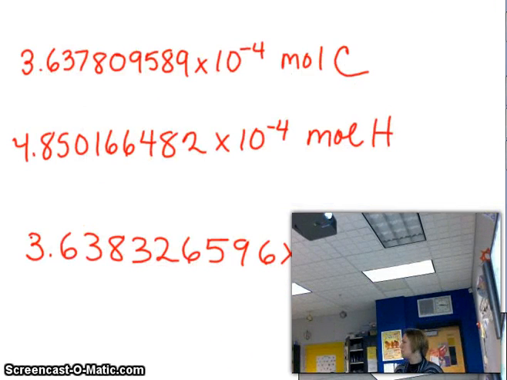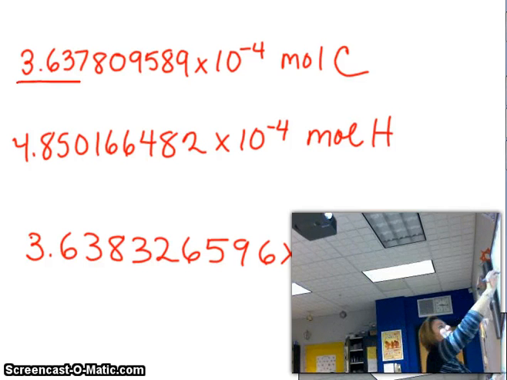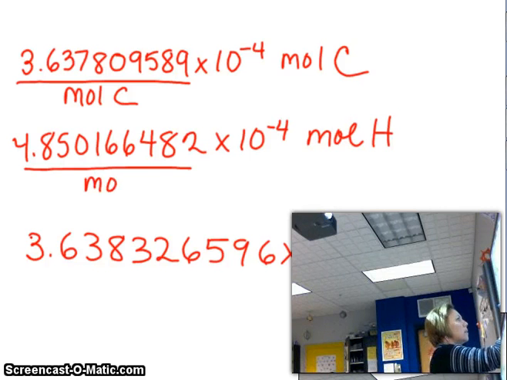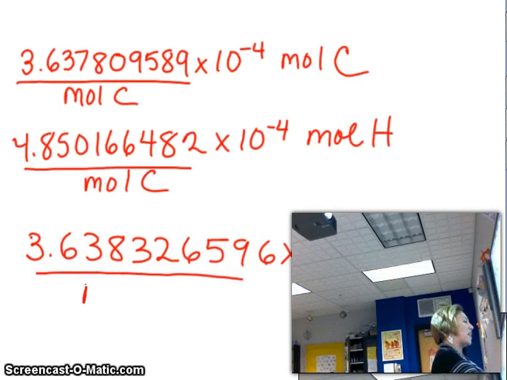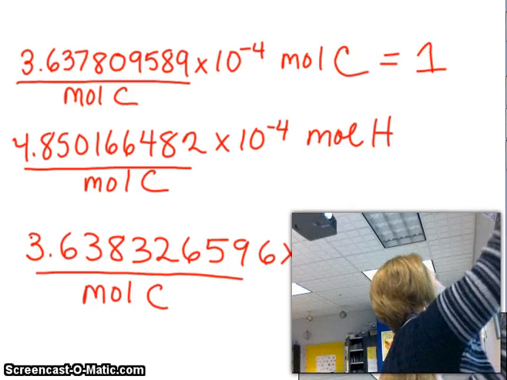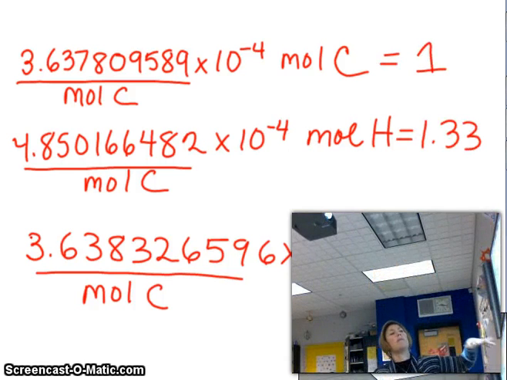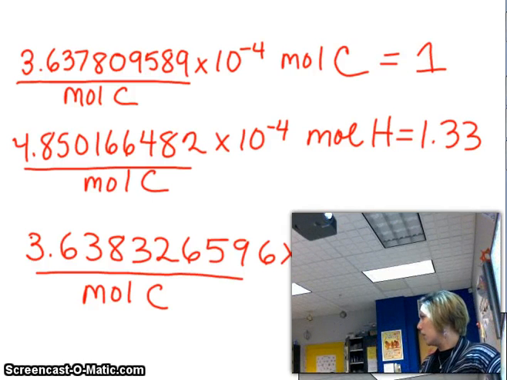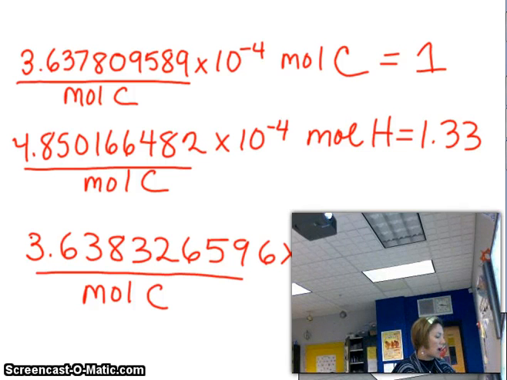So all we did was rewrite all our moles of everybody that we had. Now that we have those, we divide everybody by the smallest. So what is the smallest? Okay, take your pick. Oh, carbon, right? So divide everybody by the moles of carbon. I'm not rewriting that number. That's crazy. I'm just going to write on my paper that I'm dividing everybody by the moles of carbon. And that's obviously going to give me 1 here. I divided everybody by my moles of carbon, and I got 1 up here, 1.33 here, and 1 here. Which means right now, my impurity